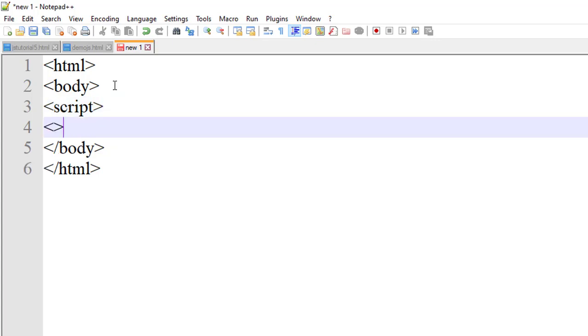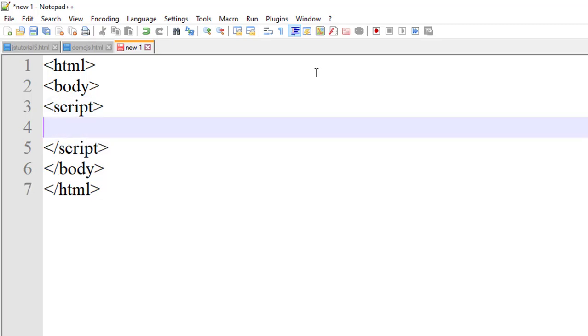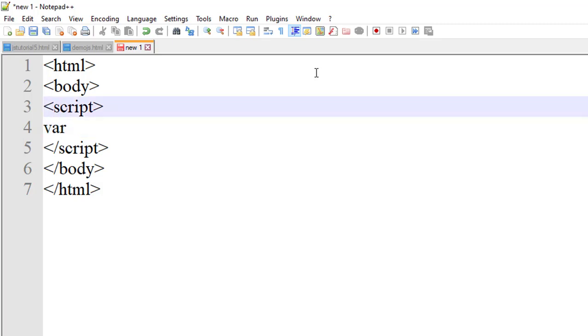Okay, directly I will execute it. If you want button control on your web page, then you can create the button in the body tag and use the other functioning in the script tag of the head section. But now I want to execute the script tag in the body section. So firstly we will see about the if statement. Okay, so this one is your if statement.